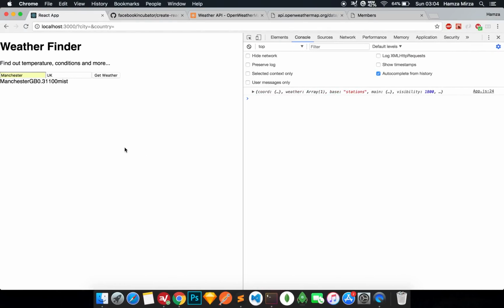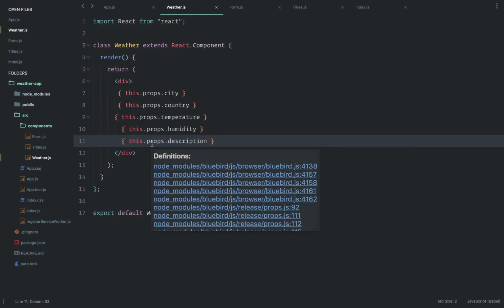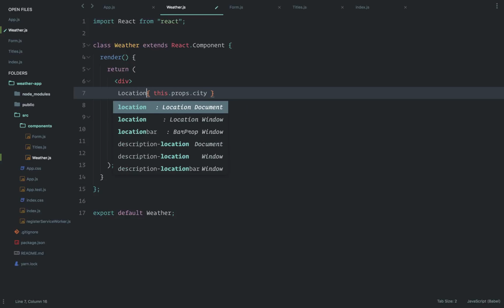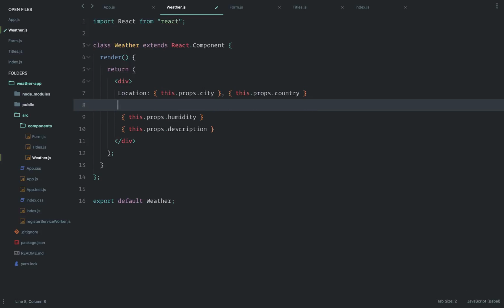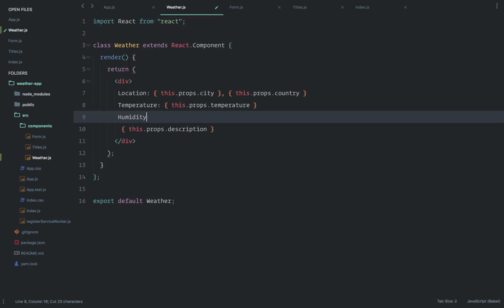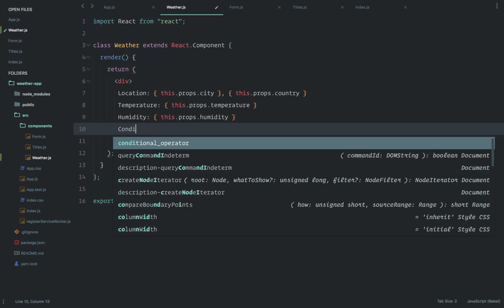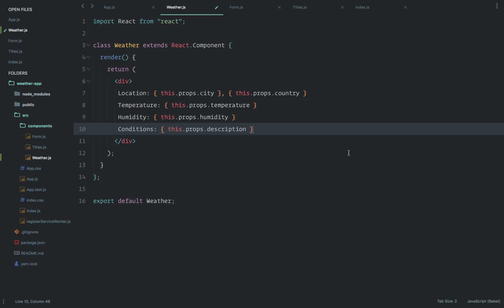Let's just go ahead and change this component a little bit. So I'm going to say this is location, and this is going to be just one single line. So this dot props dot city followed by the name of the country, so location, and then this is going to be temperature, and then a JavaScript expression, and this is going to get set to this. This is going to be humidity, and paste it there. And the last one's description, so I'm just going to say conditions and paste it right there. Okay,